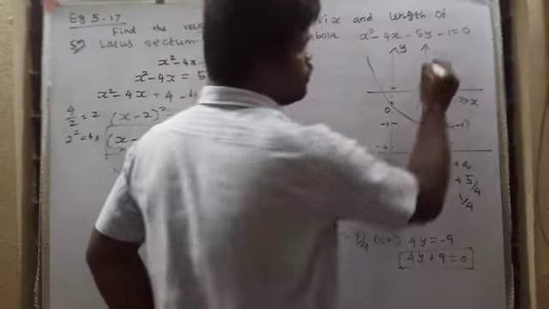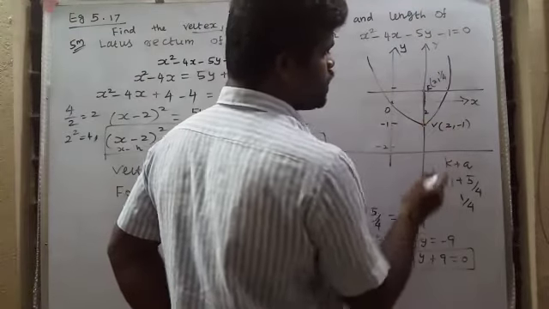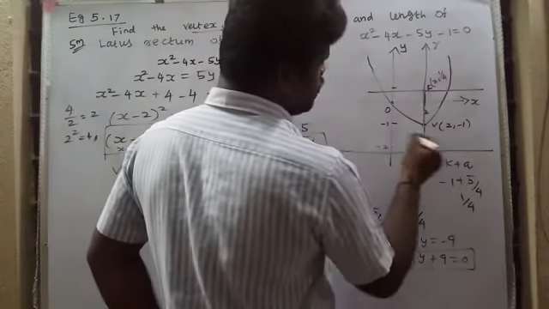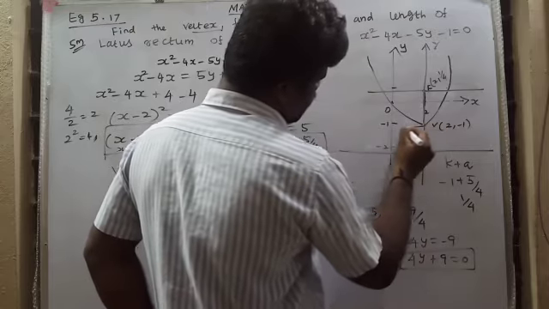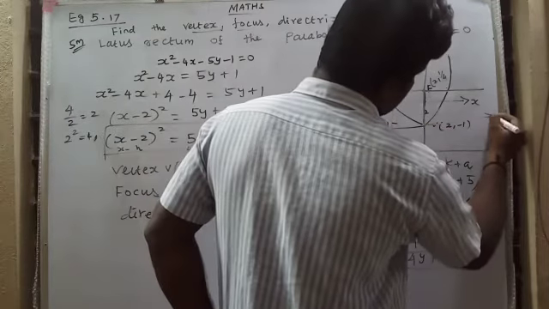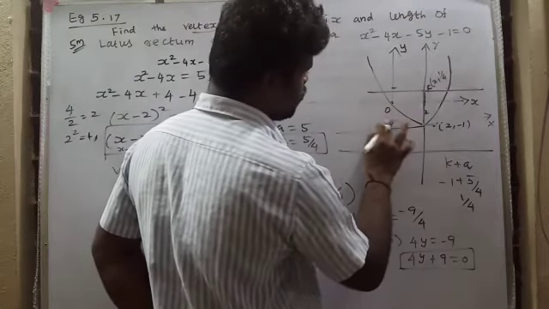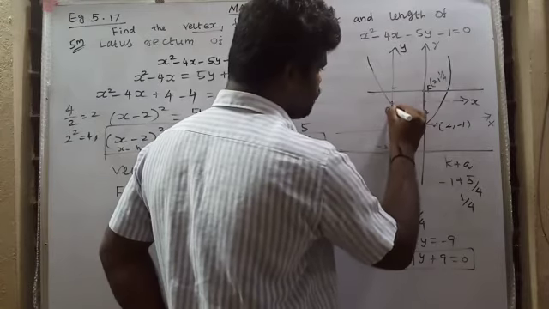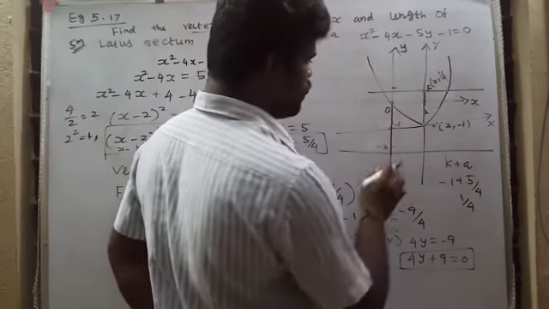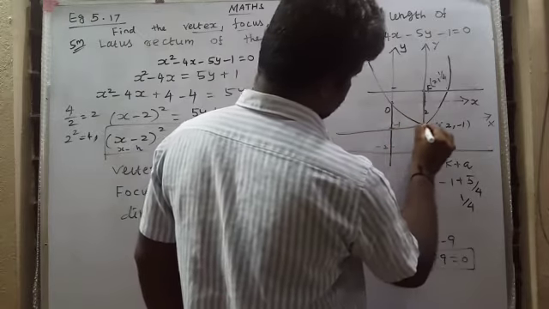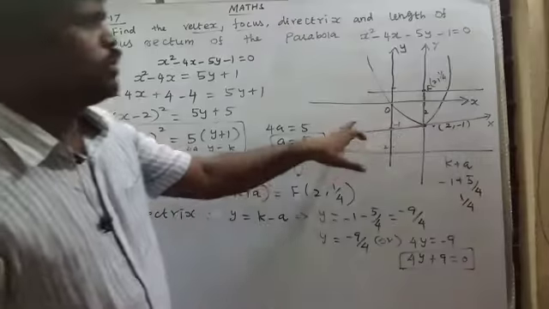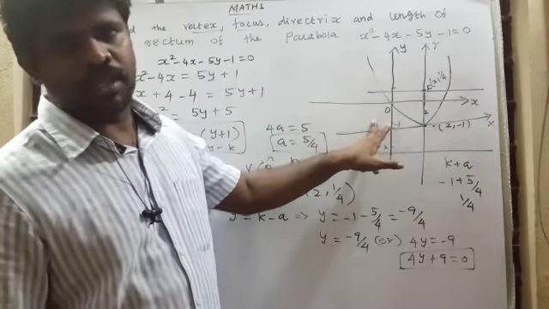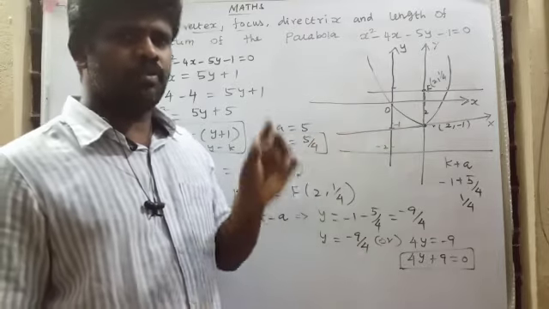Draw the line. This is the y-axis, this is the vertex. We have to draw through the vertex the capital Y-axis, and draw the line through the vertex horizontally. This is the capital X-axis. So this must be -1. Okay, right. This is the diagram. If you have any doubt in drawing this diagram, you can rewind the video. You have to draw very slowly.